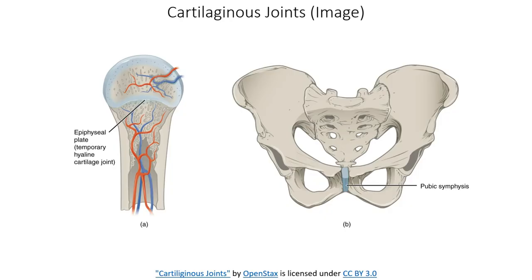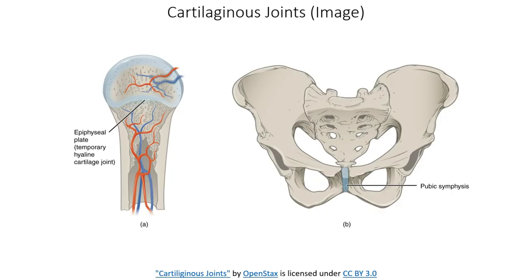But that epiphyseal plate that we've talked about in some other videos for this week's material, this is, again, that temporary hyaline cartilage, but this does function as a joint. All right, so we are looking here at that hyaline cartilage joint there at the ends of the bones, forming that epiphyseal plate. And so that hyaline cartilage obviously is going to disappear over time, and so we will lose that particular